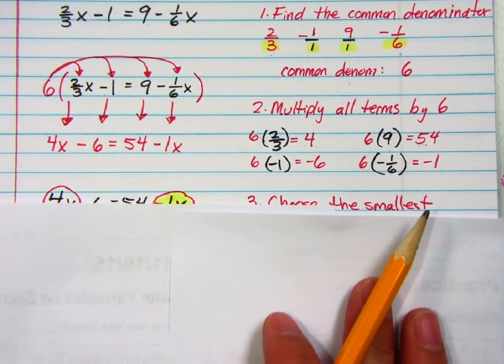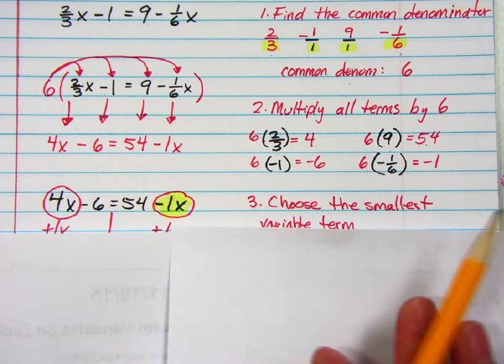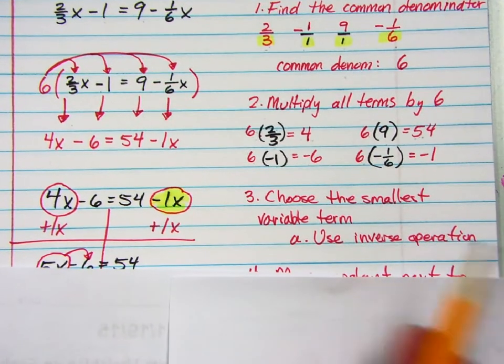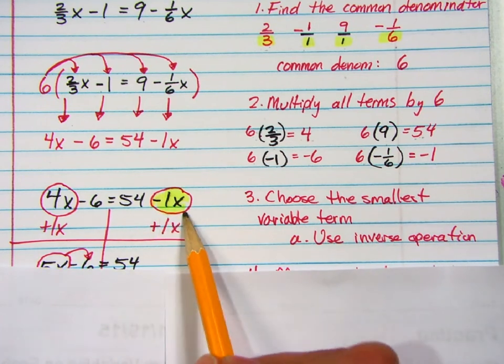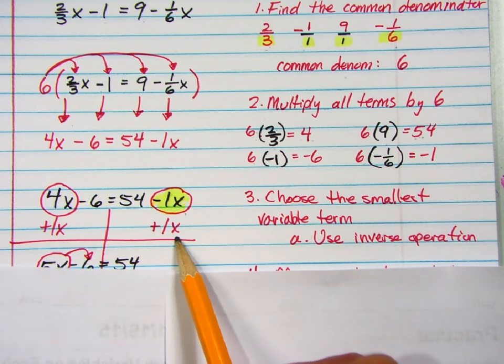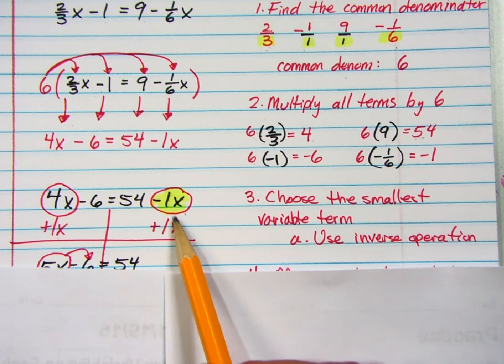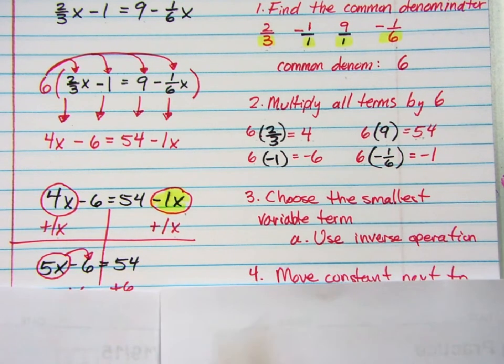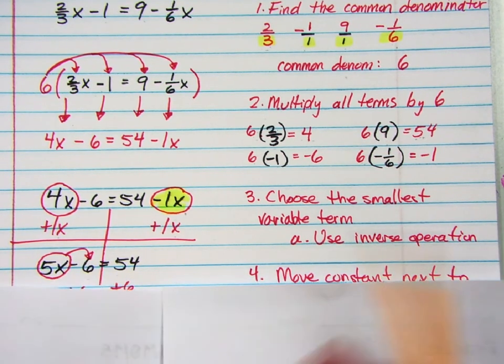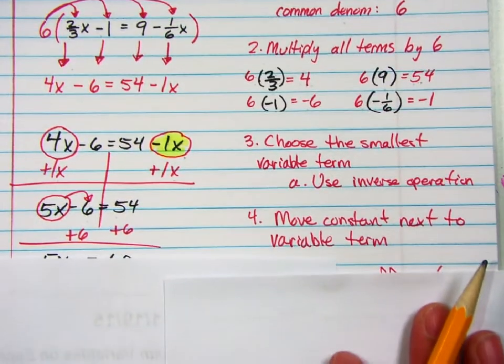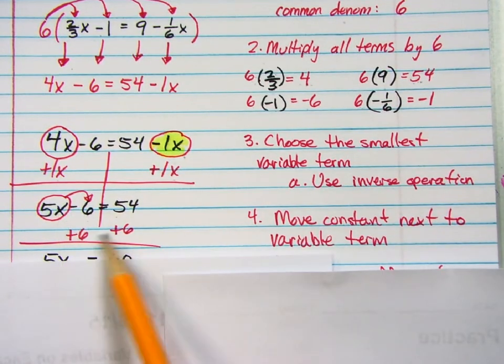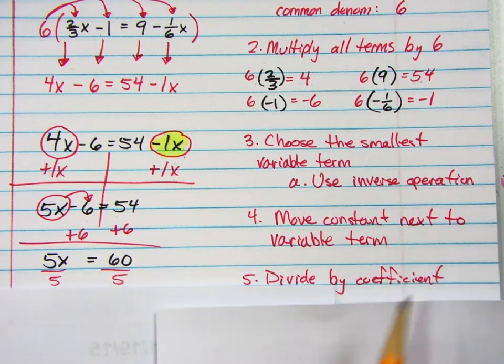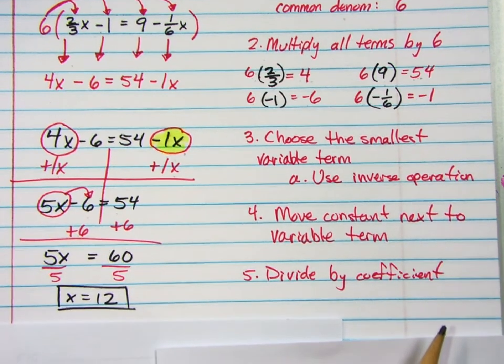Now I just take a look at this and I say, well, okay, look, between these two, choose the smaller variable term. That is negative 1x. I use the inverse operation, add that 1x to both sides. If I do that, I get 5x minus 6 equals 54. And next, you just go through your process. You add your constant term to both sides,